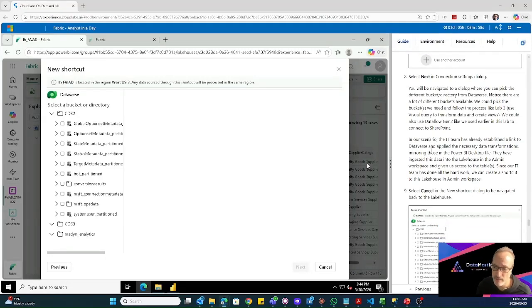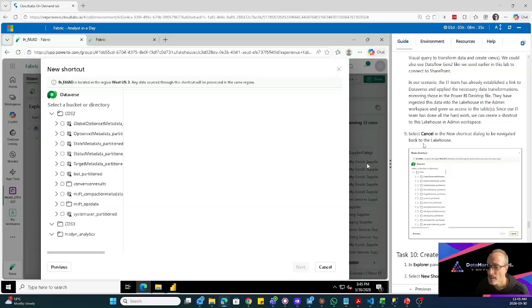In our scenario, the IT team has already established a link to the Dataverse and applied necessary data transformations, mirroring those in the Power BI desktop file. We have ingested data into the lakehouse in the admin workspace and given us access to the tables. Since our IT team has done all the hard work, we can create a shortcut to the lakehouse in admin workspace. Select cancel,